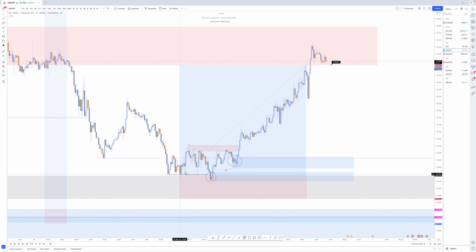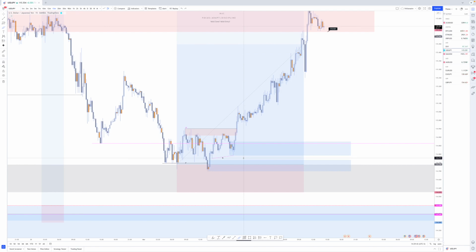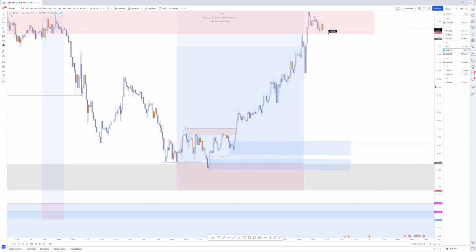Now, for those of you who got tagged in and then we saw price consolidating just a little bit, what I want you guys to understand is supply and demand that's coming into the market will sometimes cause the market to do this here. In this case, this was simply just accumulation, and we're waiting on the last test to actually get into the market with these trades right here.